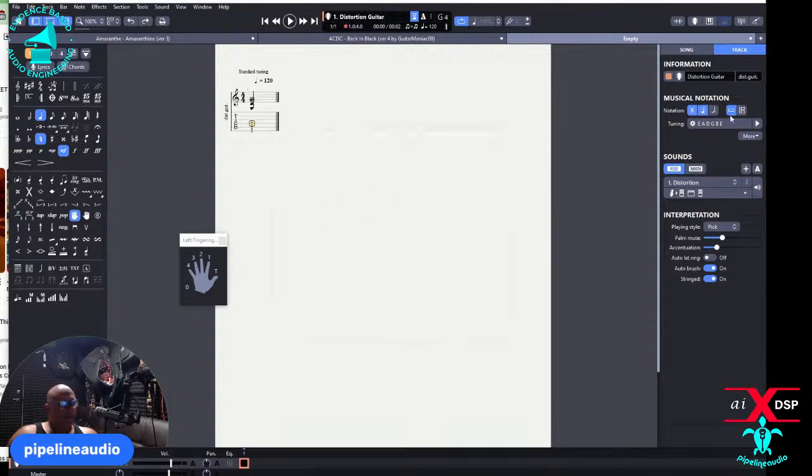But the piano player can't read that tablature. Oh, oops. There's something the piano player can read. So